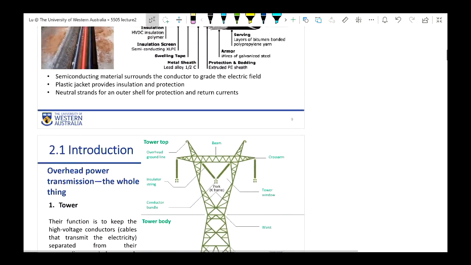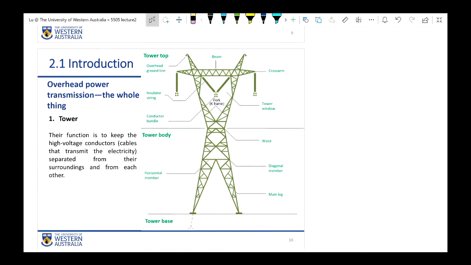Okay, and the tower. This is another separate story, which is not so important for your study in this unit, but just know it, okay? The tower can be divided into 3 parts. At the very bottom, you can see we have the tower base. So in most cases,